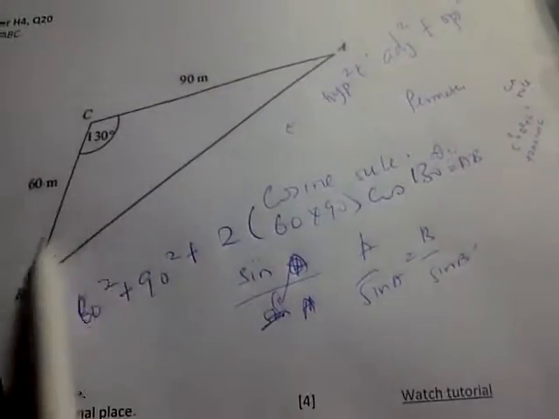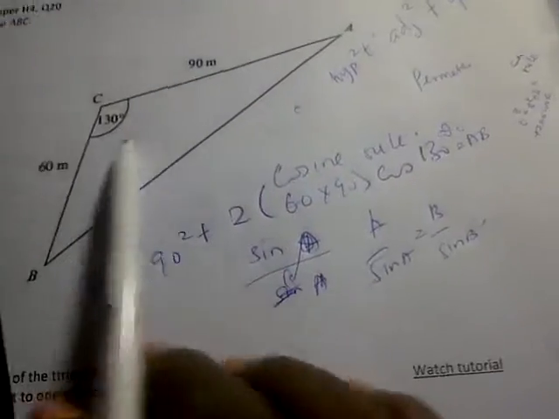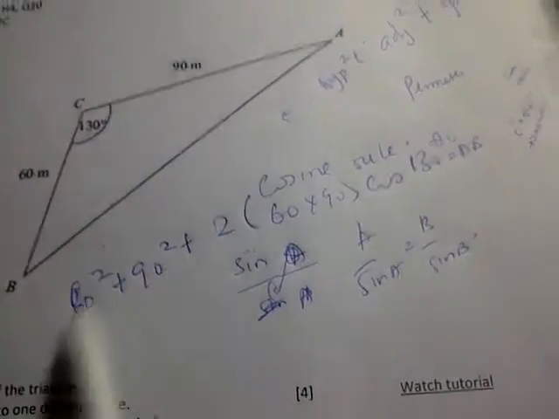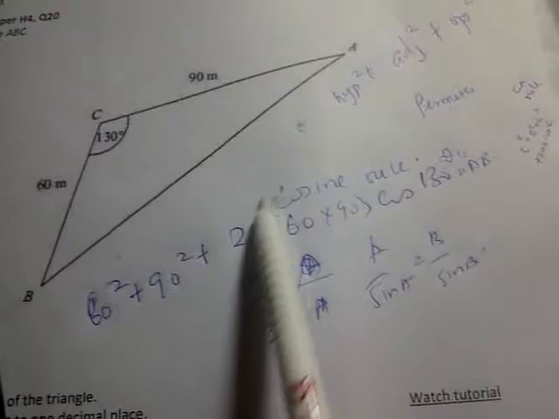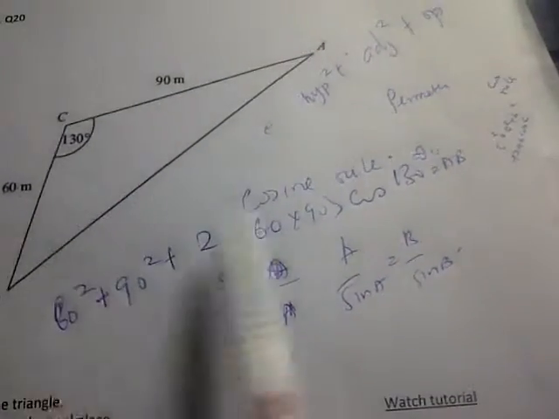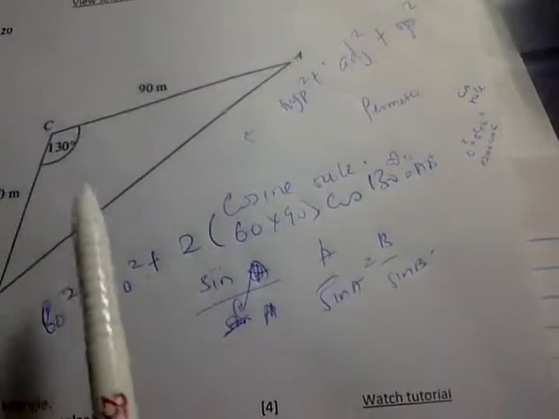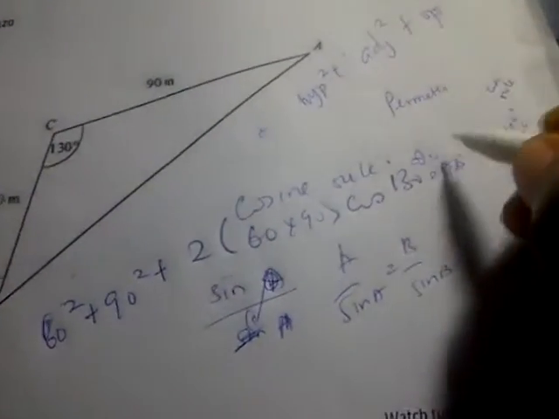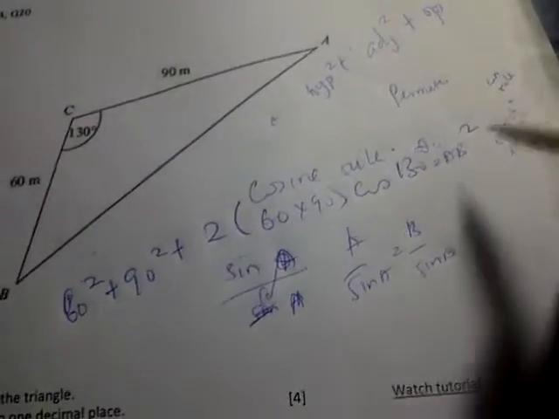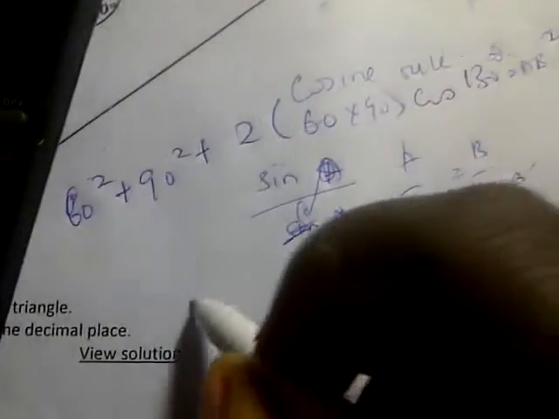This adjacent, these two that have the angle in between them, they are the ones that will be squared, then plus 2 times the two of them again, cos the angle in between them, equal to this squared. Please don't make the mistake of saying it's AB, this squared. Okay, now we have this. Now calculating the square root,